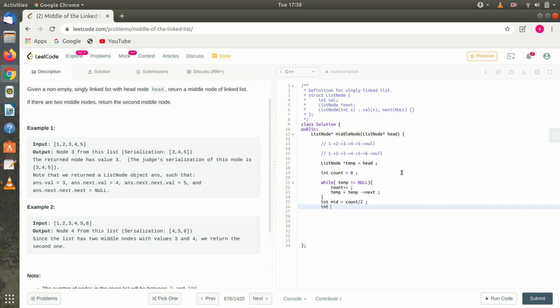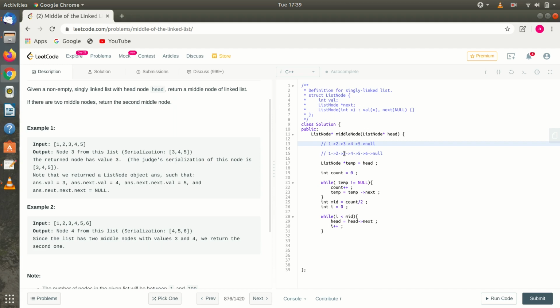Okay, I'm initializing a variable so that we can move our head pointer till mid. So moving head equal to head arrow next. So what I'm doing here: I initialized i with 0 and I move. So here 1, 2, 3, 4, 5. If we take this example, there are 5 elements. So the count is 5. 5 by 2 is 2. Mid index is 2.